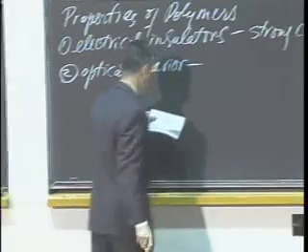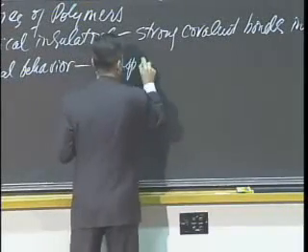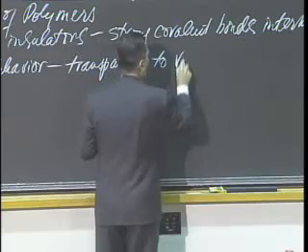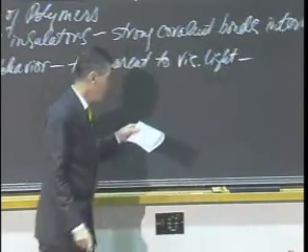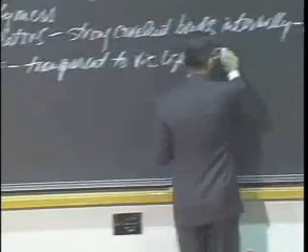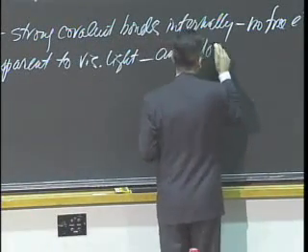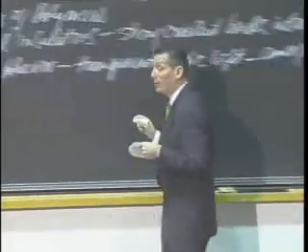While they're transparent to visible light, again, because of the high strength covalent bonds, they're transparent to visible light. And when they're amorphous, they're clear. Amorphous polymers are clear. And when we have the semicrystalline